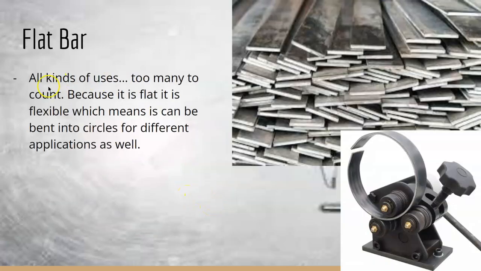Okay. Flat bar has all kinds of uses, too many to count. It's flat, which means that it's kind of flexible, right? It's not flexible if you try and bend it this way, but if you try and bend it this way, like this ring, it's easily bent, right? This means that it can be bent into circles for different applications, for rings around garbage cans, for rings around whatever you want to put a ring around, a barrel, right? So that's why flat bar is super common everywhere, being bent or staying straight. That is the end of this little